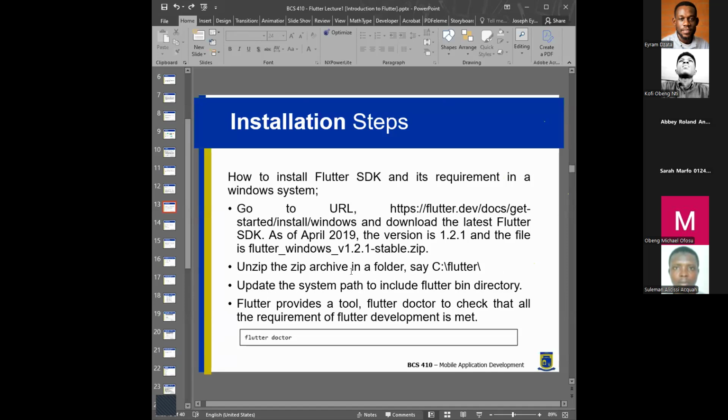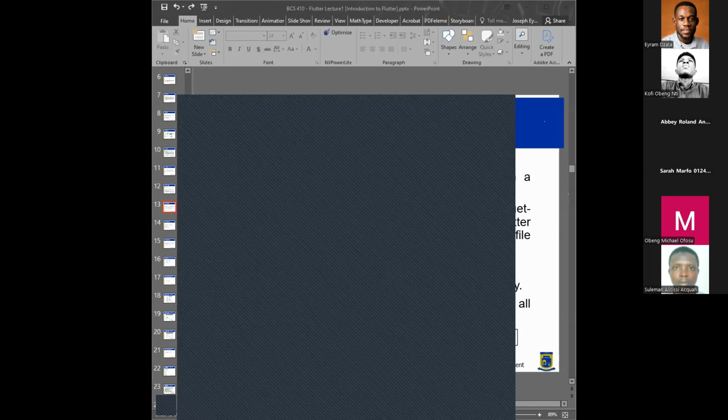So if you're on Windows, you just search for environment variable on your Windows,